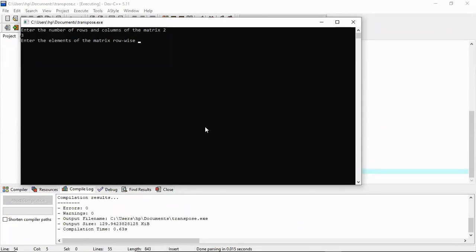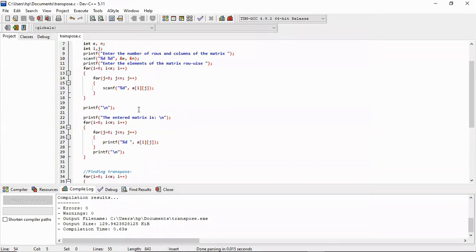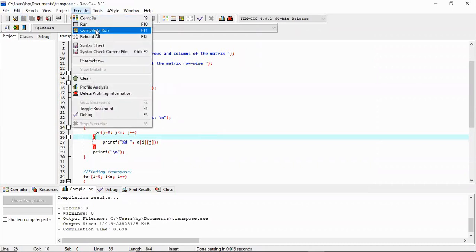So in the first row, let us say we have 3 elements, 1, 2, 3. Again, we have done a coding mistake. In scanf, we have forgotten to write the ampersand. So done, compile and run.